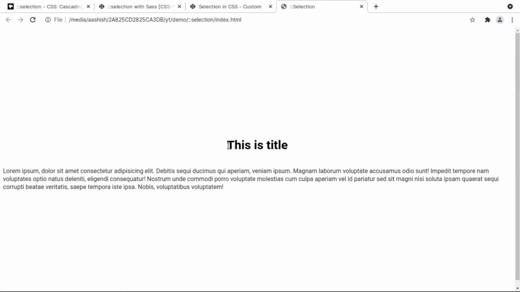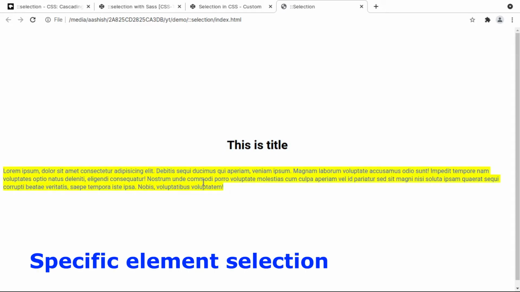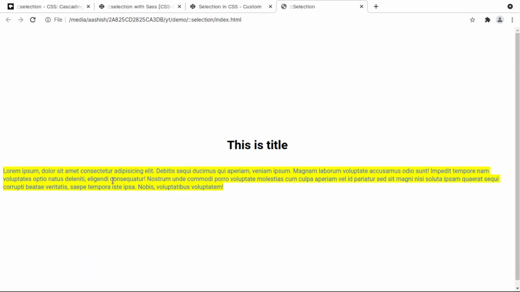So when we highlight or select this text, it's going to highlight with the default highlighting feature built into Chrome. But when we select this paragraph, it's going to highlight with a background color of yellow and a bluish color of the text. Obviously this is not a very beautiful design, but I'll show you the implementation of how you can do this. You can highlight the text.